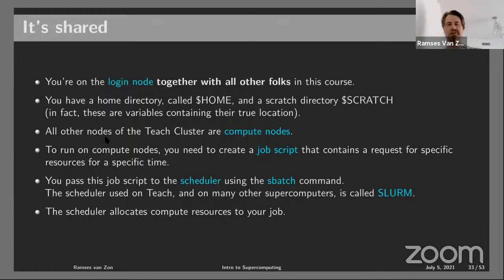Okay, so that's your job scripts. That's the compute nodes. There's a disk system, a storage system. There's actually several. There's a home and a scratch. Your home is where you put your backed up stuff. Your scratch is where you work.